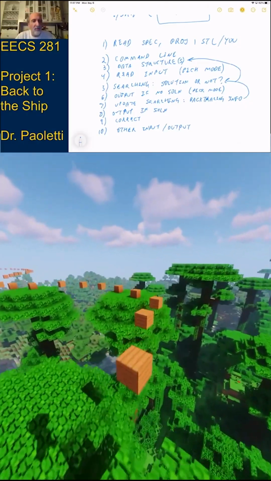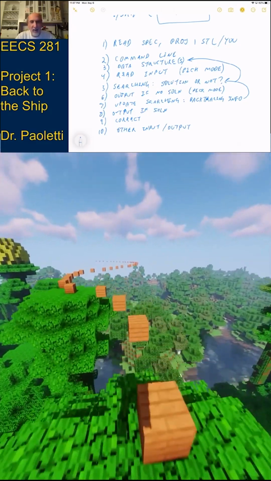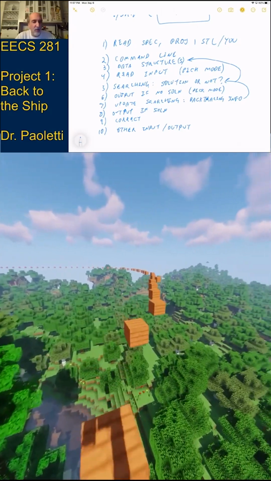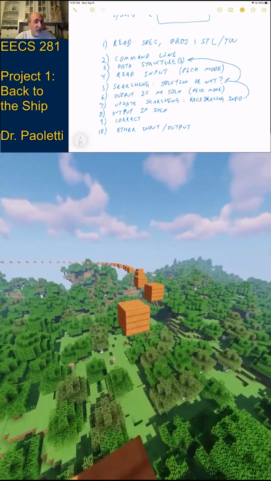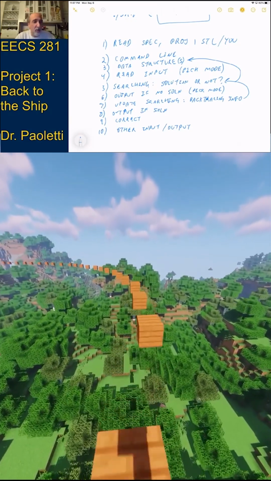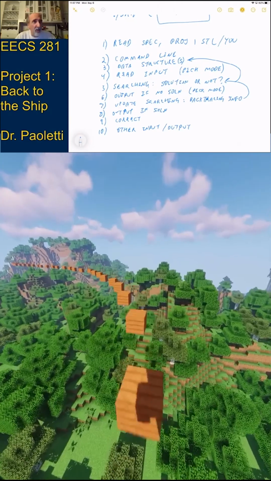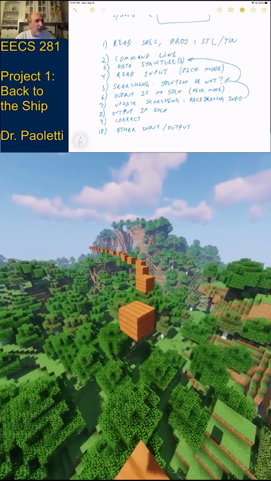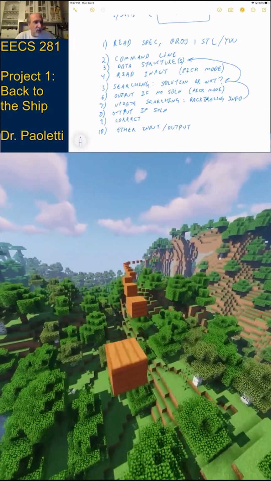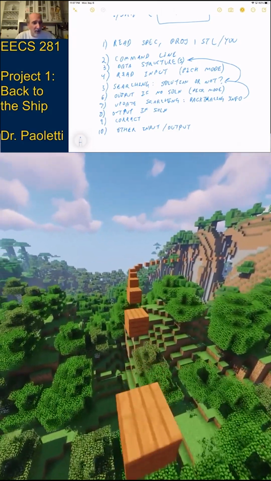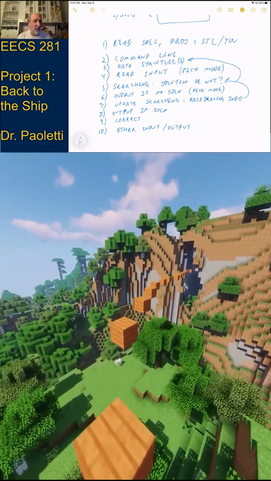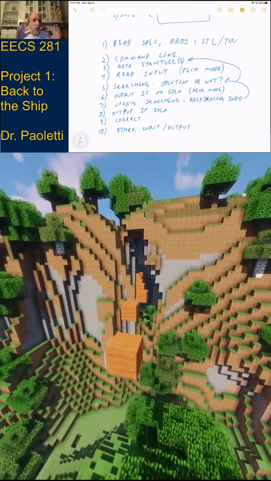Don't use pointers. Don't use pointers in this project. They are not your friend in this project. There's going to be enough pointers in project 2 that no matter how much you like pointers, you'll probably get enough of them or more than enough in project 2. You don't need them in project 1. They do 2 things in project 1. One thing they do is they waste memory. And the other thing that they do is they force you to waste more memory, because a pointer doesn't give you very much information. It tells you where something is in memory, but it doesn't tell you where it is